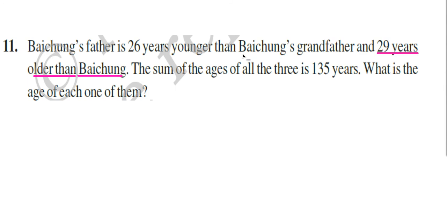And what is his grandfather's age? It is 26 years more than Baichung's father. That means Baichung's father is x plus 29. Then Baichung's grandfather will be 26 more than that. That means x plus 29 plus 26. So we can write,